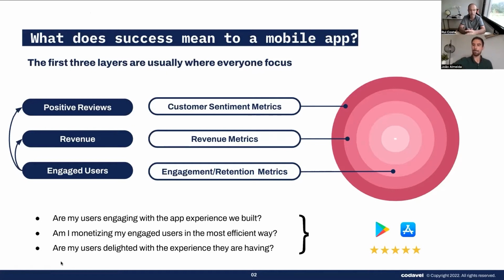So you want to have optimal customer sentiment metrics, so people enjoying and rating your application and referring your application to their friends. You want them to be highly engaged with your application. And the end result of all of this, hopefully, will be that you will get your business intents, can be revenue, can be just a large user base, can be monetizing through advertisement, whatever, right? And typically, when